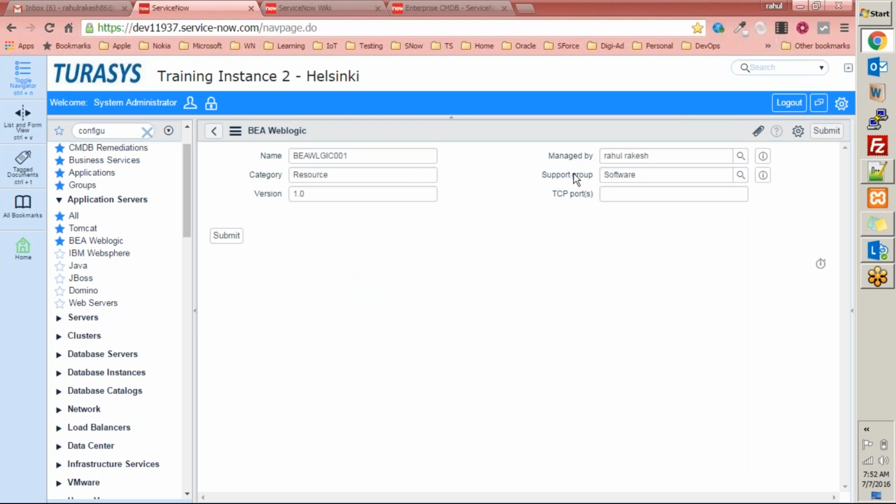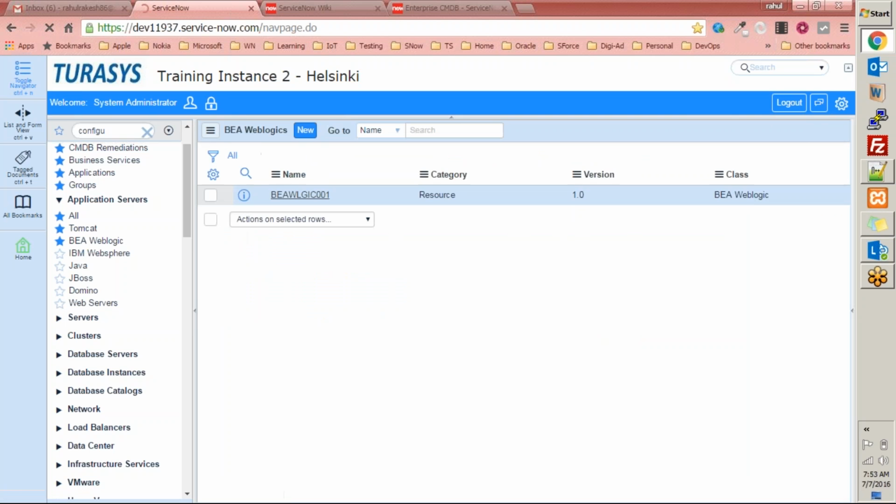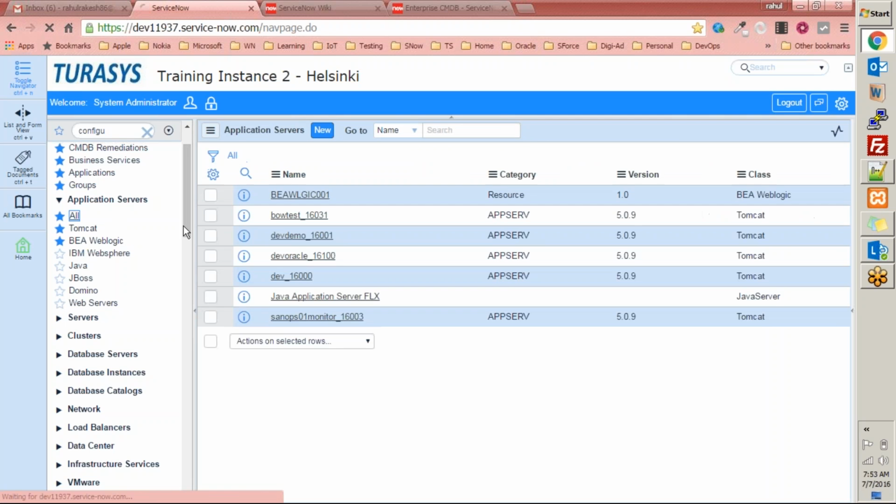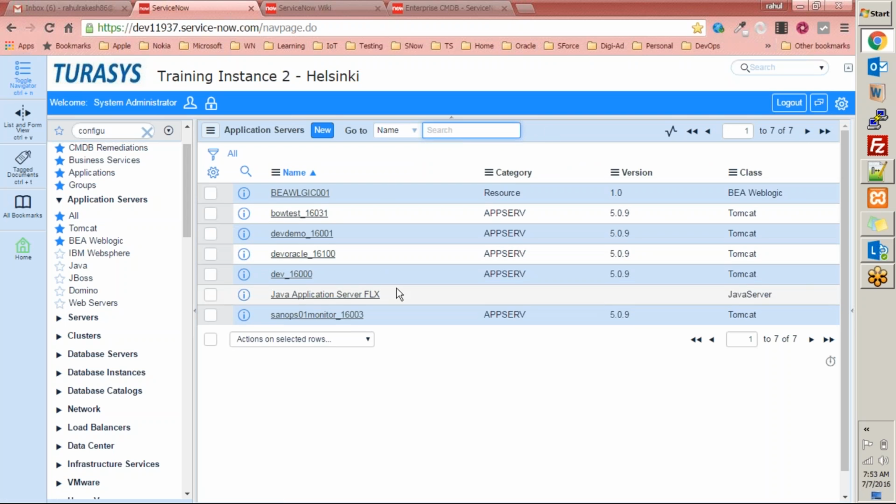And then you may also have information about the ports, the TCP port, for example. Let's say you are using port 80 and port 443 on this server, right? So you will have that information that will give you an idea of what ports are being utilized on this server, right? So now you identified a WebLogic server within your configuration management that is coming up here, and